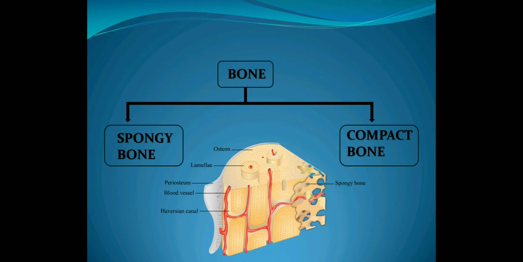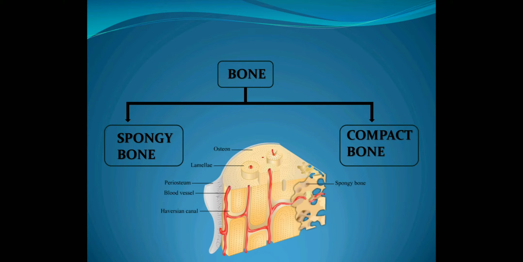Now, there are two different types of bones present in the human body. First one is spongy and second one is compact. We have to study the details of these two. In short, talking about spongy bones, in spongy bones the Haversian system is absent. So you will find there will be gaps in between. You will find the reticular matrix is arranged in the form of trabeculae.